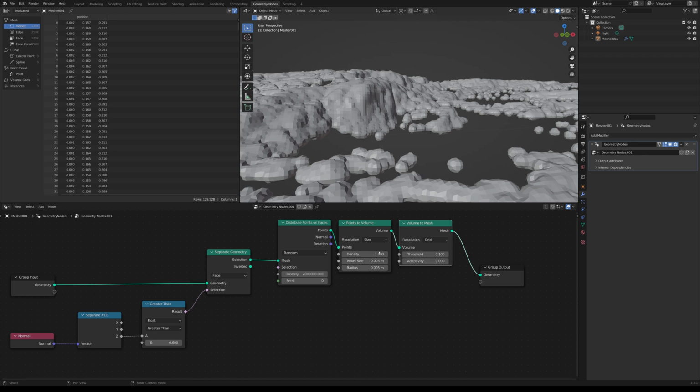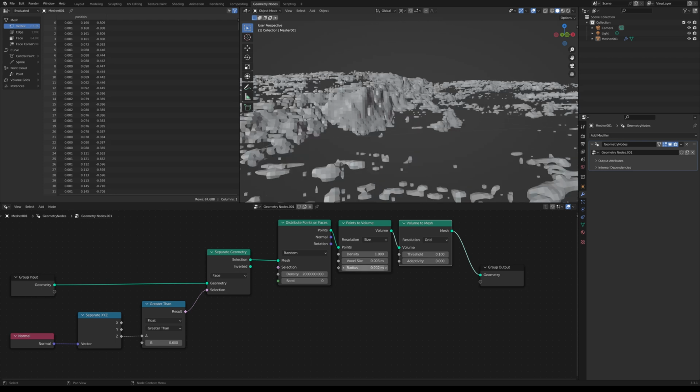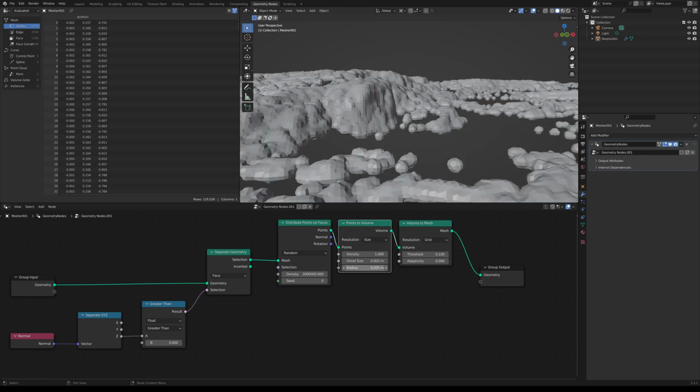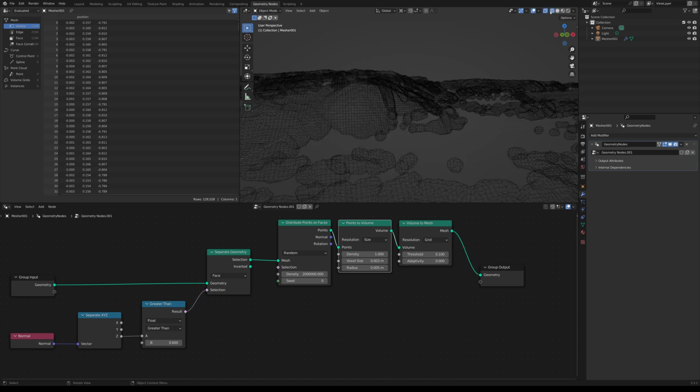And we can make these blobs smaller or larger. We have voxel size, so we might have to go really small on that, but I think 0.003 should be good enough. And then a radius is how big these blobs are. And you want enough overlap, because if they're too small, you're going to get a lot of cuts and slices and problems in between. So I find 0.005 in this case is pretty good because it's sealing up all those gaps and areas. So we get all these vertical stretched areas to now be these remeshed blobs that have slightly